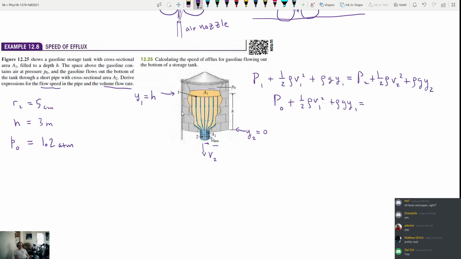Pressure 2 is the pressure out here, so that's atmospheric pressure. Notice that the pressure that we're talking about here is the pressure external to it. So the external pressure here is P0. The external pressure down here is P atmosphere. You don't need to find the additional pressure due to the depth or anything like that. It's just about what's the external pressure acting on the fluid. So P0 up here is the pressure at the top of the tank, and P atmosphere is just that it's open to the atmosphere. One thing I will say is that quite often in problems,